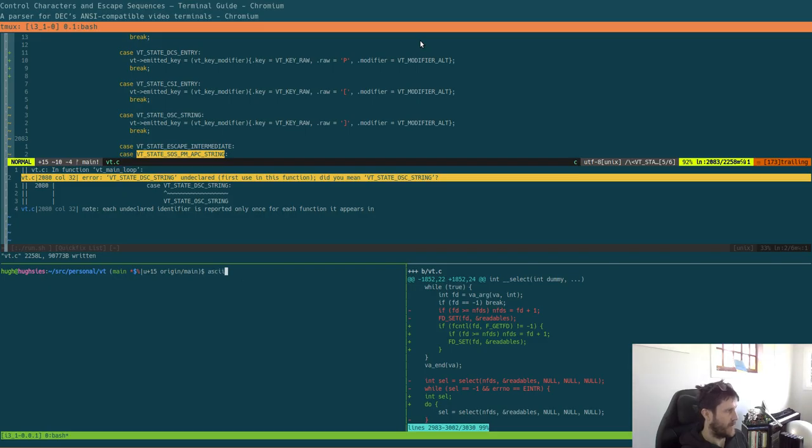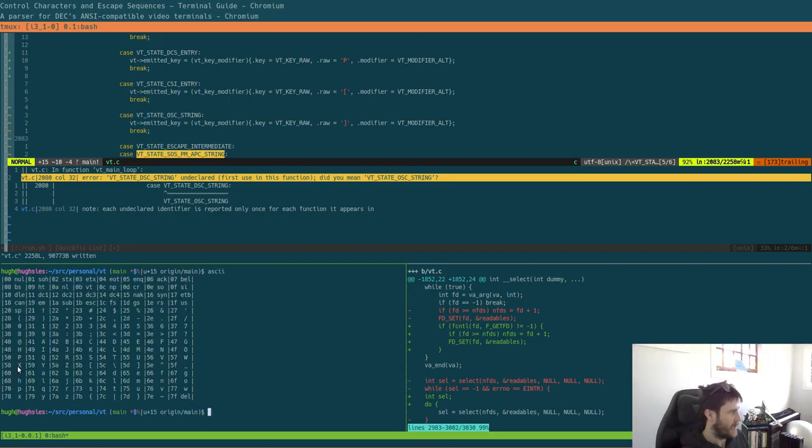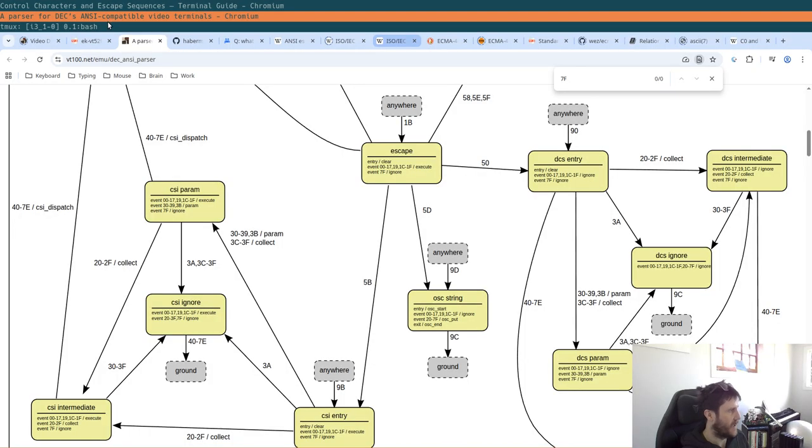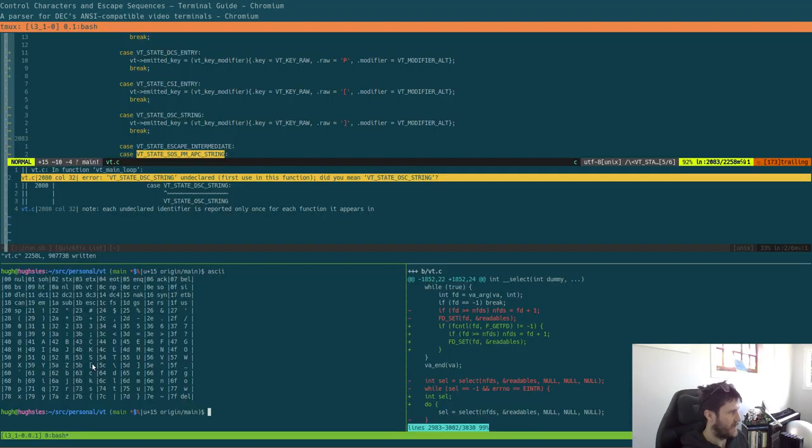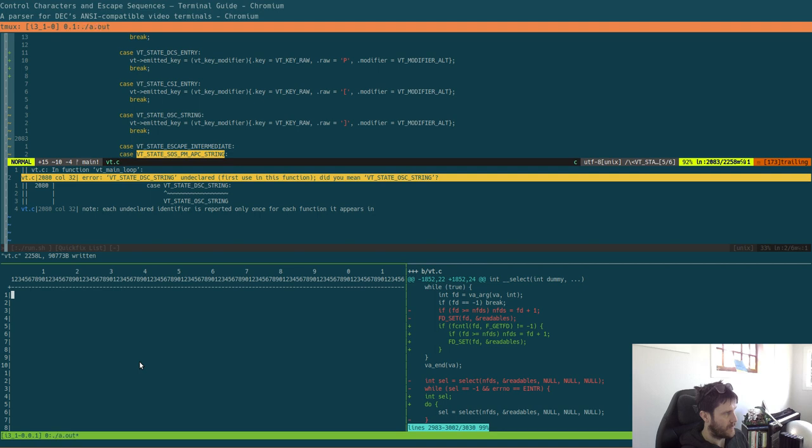So if we have a look at that, 50 is capital P, and 5D is closing bracket. So P, Alt P, and Alt